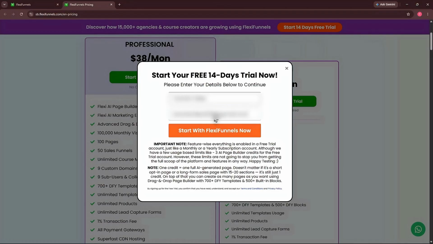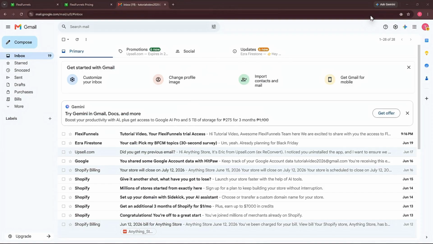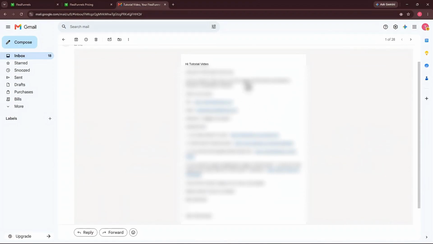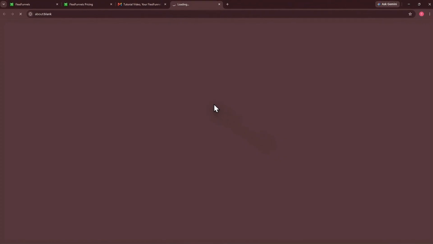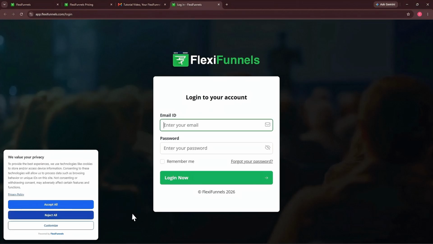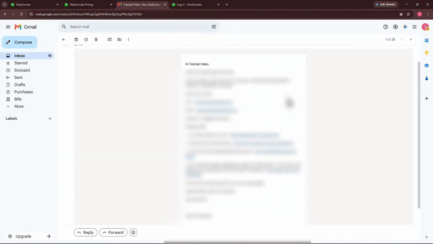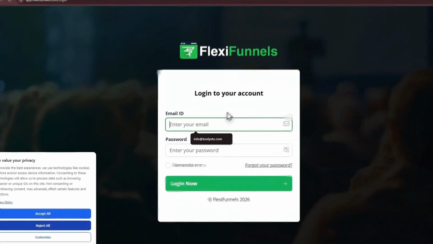Once you've opened your email inbox, look for the welcome email from FlexiPanels. Inside the email, you'll find your account details along with the instructions for accessing your dashboard. To continue, simply click on the provided URL. This will take you directly to the FlexiPanels website where you can log in and start setting up your account. You'll also receive a password from FlexiPanels in the email. Make sure to keep it safe as you'll use it to access your account. Once you have your login details, simply enter your email address and password on the login page, and you'll be ready to start exploring the platform.